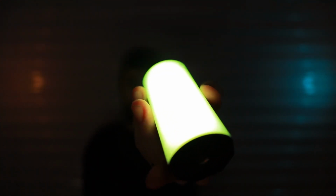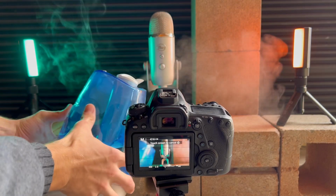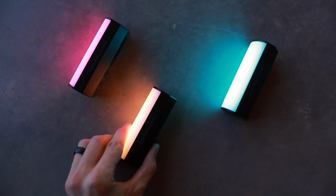This is the Lanzi Magnetic RGB tube light. This is a great special effects light for filmmaking and photography. For $85, you can get a set of 3 of these lights and take your YouTube videos from looking like